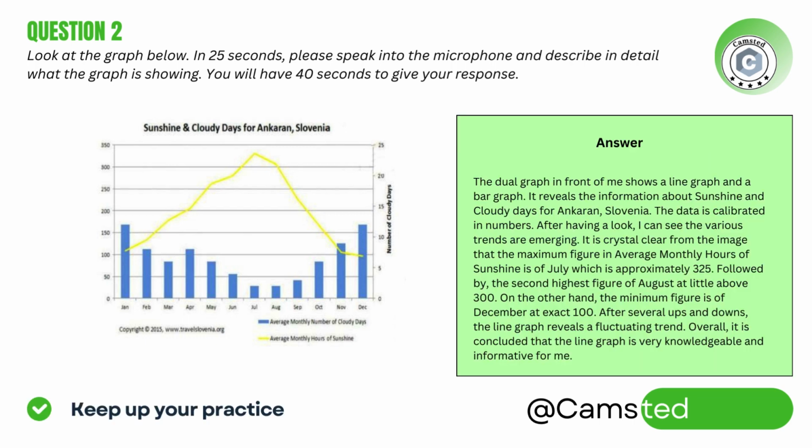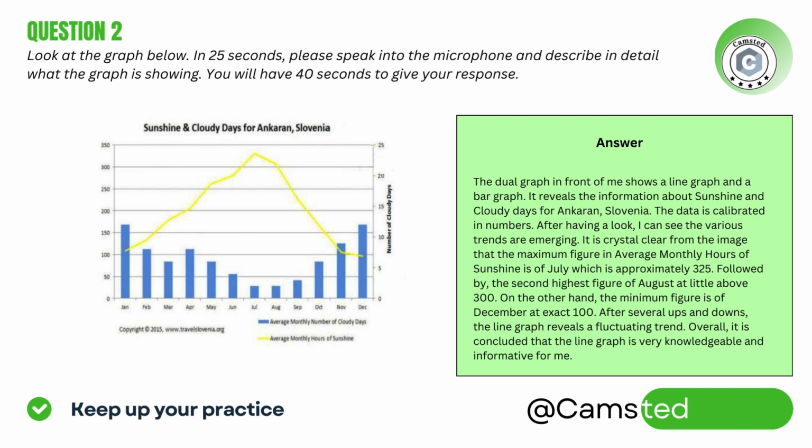The dual graph shows a line graph and a bar graph. It reveals the information about sunshine and cloudy days for Ankara, Slovenia. After having a look, I can see the various trends are emerging. It is clear from the image that the maximum figure in average monthly hours of sunshine is of July, which